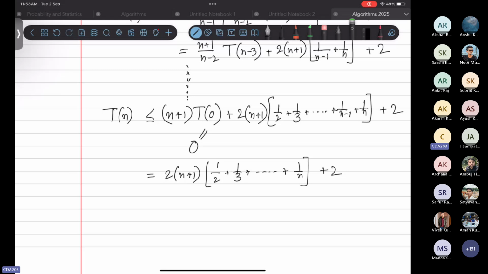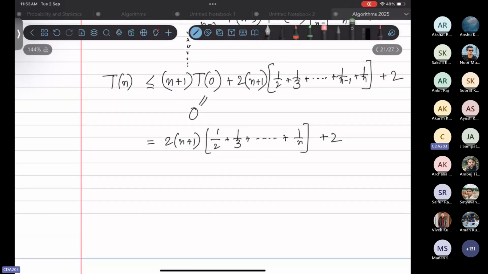Or can you give an upper bound to this quantity? So I can say it's like